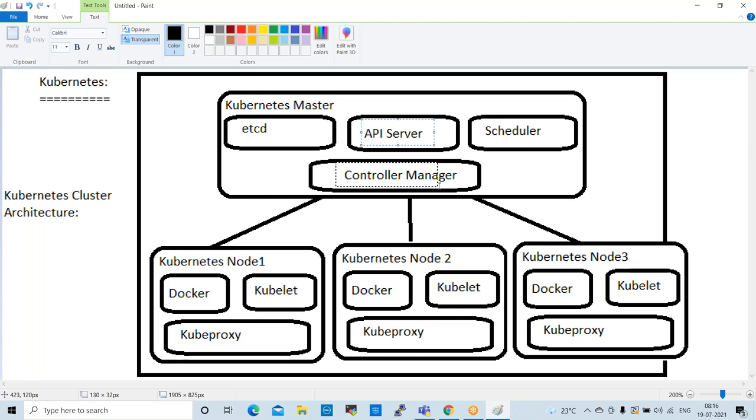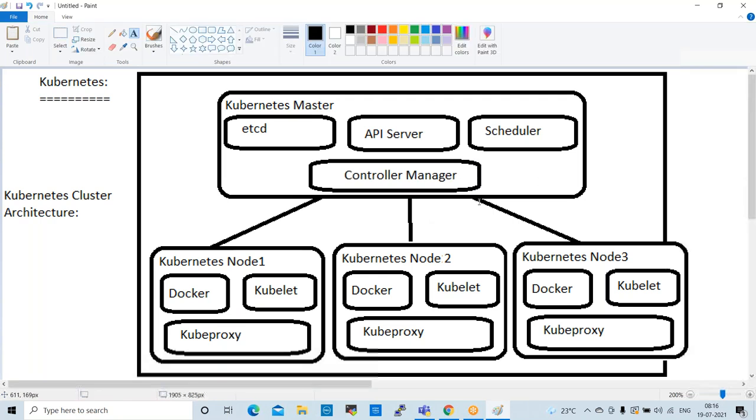So the next component here is the controller manager. What will it do? The controller manager always checks the nodes' availability. If any node is down, if any pod is down, if any container is down, what will happen? The controller manager will check that, and pass that information to etcd.